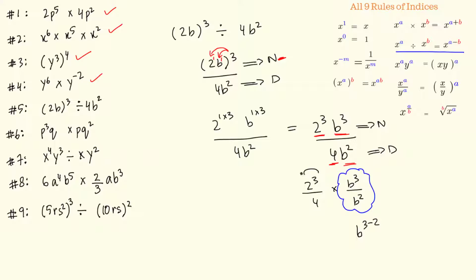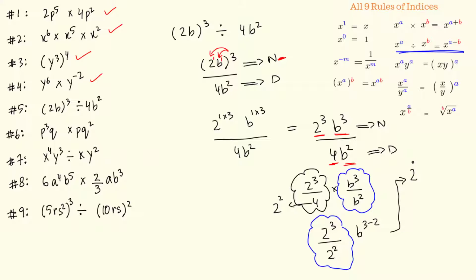And for this fraction over here, I can write this 4 as base of 2, means I can write this as 2 square. So this becomes 2 to the 3 divided by 2 square. And again, to simplify this fraction, I'll use this rule again. Bases are same and they are getting divided, so I'll subtract the powers. So if I write over here, this becomes 2 to the 3 minus 2 and b to the 3 minus 2. 3 minus 2 is 1, so this becomes 2 to the 1 and b to the 1. And anything raised to the power of 1 is just that same number using the first rule of indices. So this I can write as 2b. This is my answer.